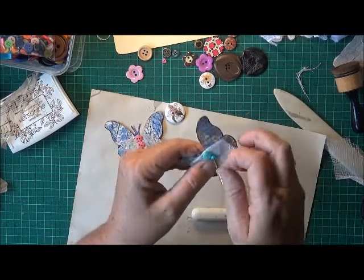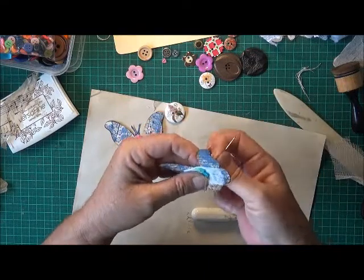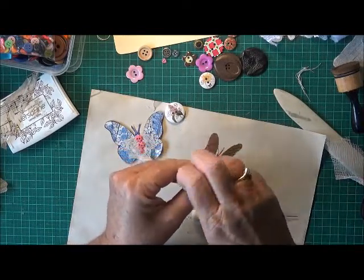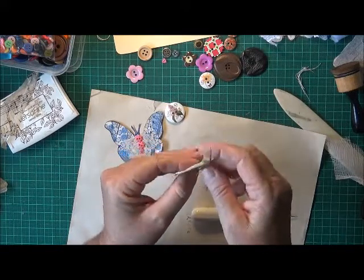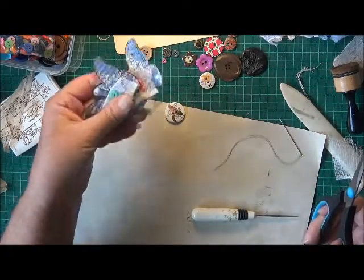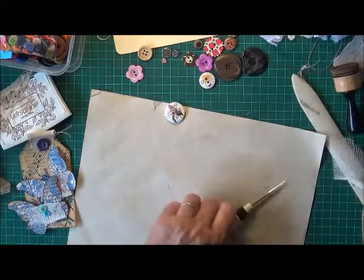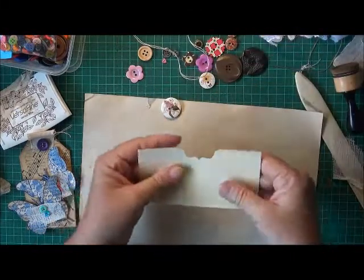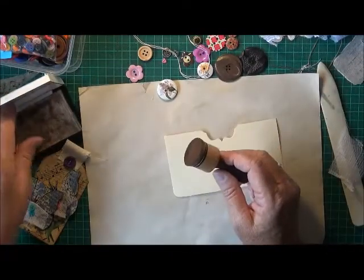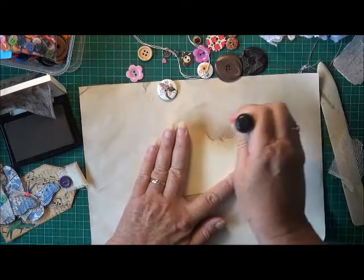Oops. Okay. So that's enough for that one, and I'll just go through there and just cut that off. Okay, so I've got two buttons, two butterflies with the buttons, so that's my next one. Now I was really wanting to make this pocket, so I'm going to have to quicken it up a little bit. I've got 10 minutes and 10 seconds left, so just going to quickly give this